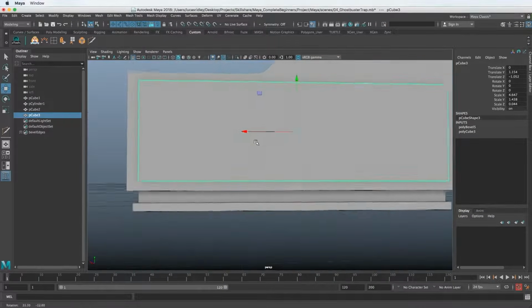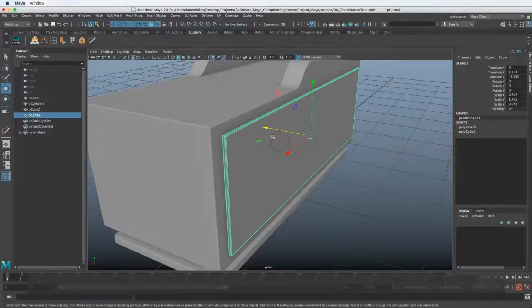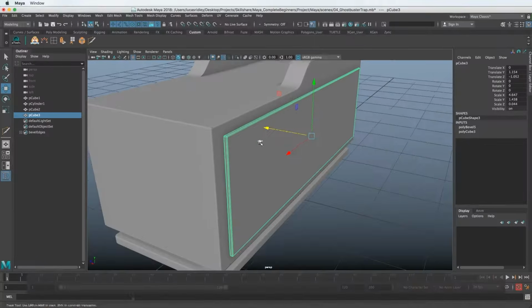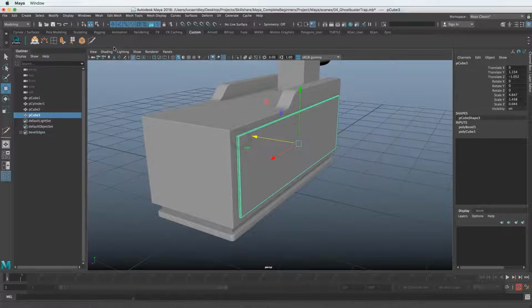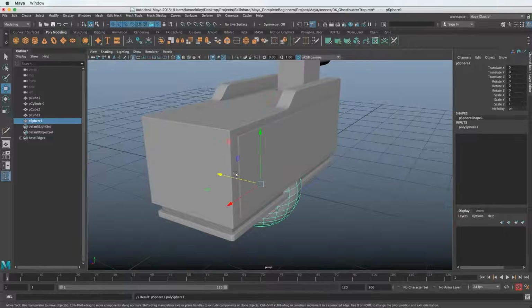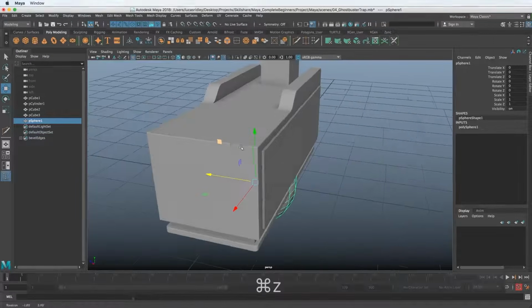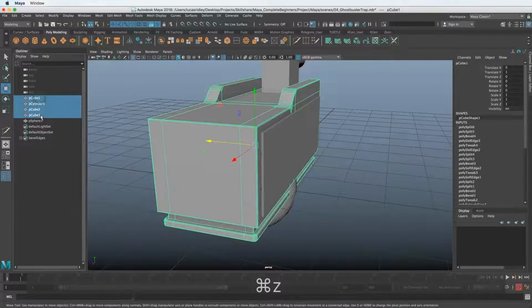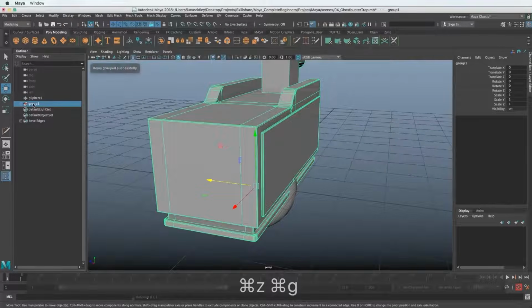Let's look at creating the screws here. We have these kind of semicircular ends that go in, and then this looks like a cylinder type of a screw. So let's create this and show you one other tool called a Boolean. So let's go to the poly modeling shelf, create a sphere, and let's just group all of this. And so I'm shift selecting everything in the outliner and hitting Command G, and that will group everything. We can call this trap or GB trap,